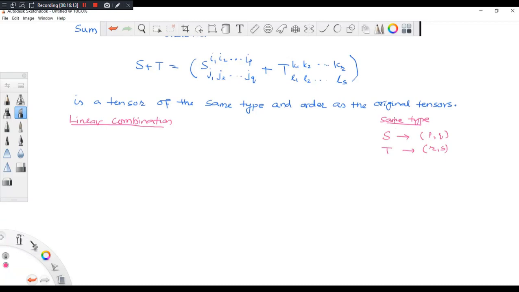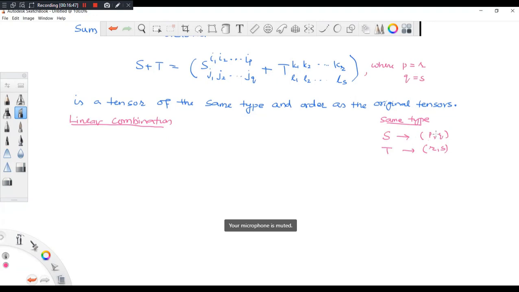Okay, so that was a good question. That was helpful for you. So here P and Q, then R and S, they should be same. That's the meaning of this. Then, sir, instead of R and S, why don't we just write P and Q? That's also possible. You can make it like this, where P is equal to R and Q is equal to S. Then only you can make the sum.